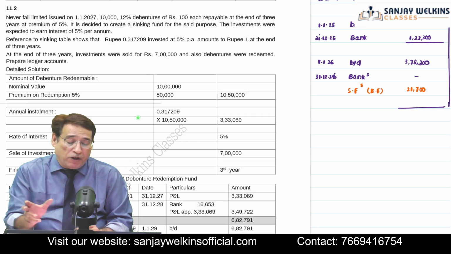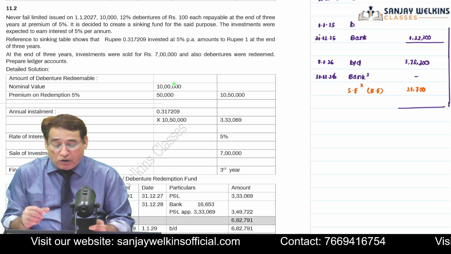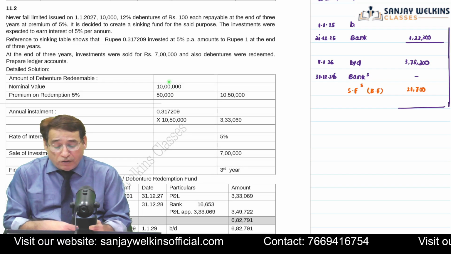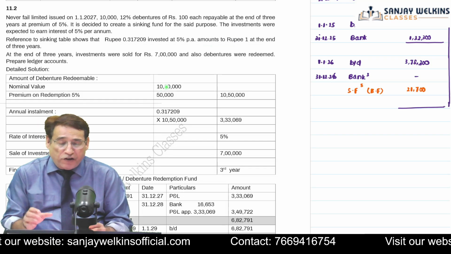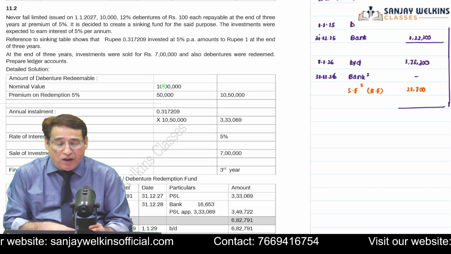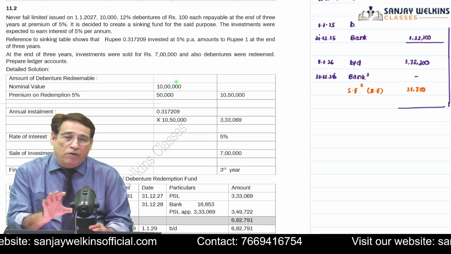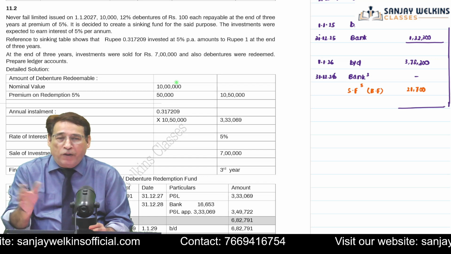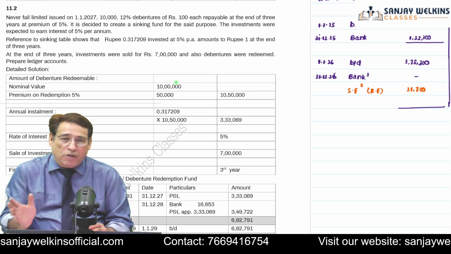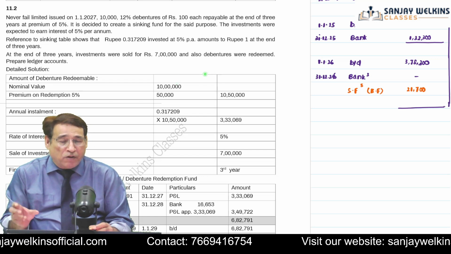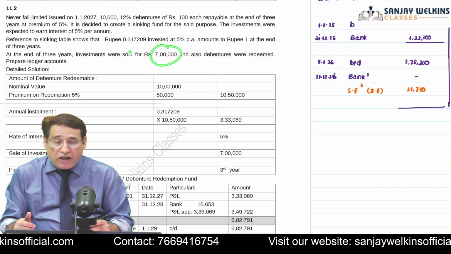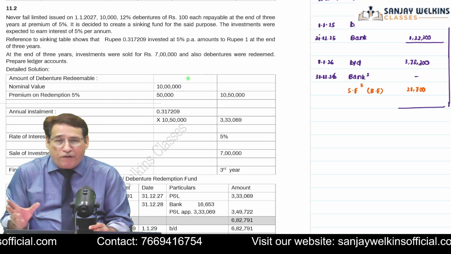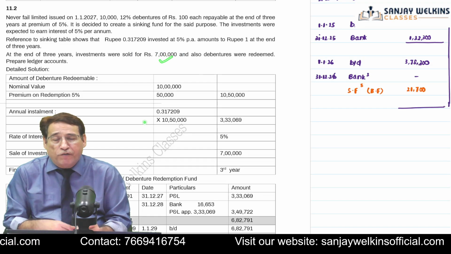Now you must have noticed that in this particular question, annual installment is not given to you. So with the help of this, you will find the annual installment. This is the only difference between the previous question and this question. In the last question, we were given the amount of annual installment in an absolute manner, 1,20,000. However, in this particular case, we are not given the amount of investment in an absolute manner. Further, it is also written that at the end of the 3rd year, which happens to be our final year 2, we have sold the investment for 7 lakh.